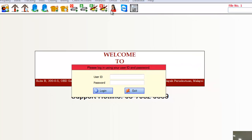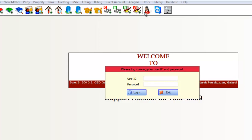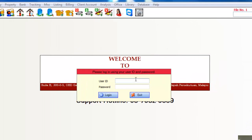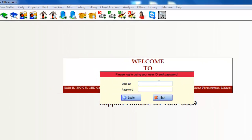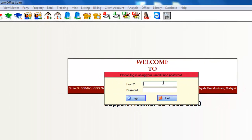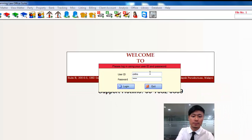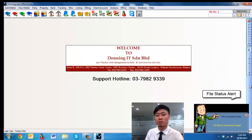As you can see, this system will be linked through a network. All lawyers and clerks' PCs will be joined with a server, and everyone will have their own user ID and password. Now, this is important to protect the privacy settings of the law firm, as well as the system will use these credentials to give reports to the partners on how much work each staff is doing. So I've just logged in with my demo account,